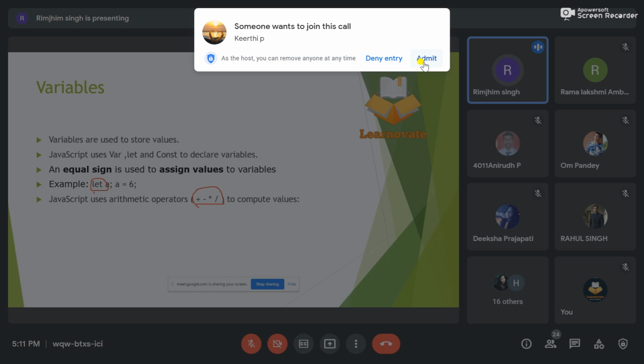So this is what I'll be using: let, var, const. For example, in C, we use int, or if I have to declare a float, I use float in C++. So similarly, here I'll be using let, var, or const to declare my variables today. And then if I want to assign any kind of value to my variables, I'll be using the equal to sign.